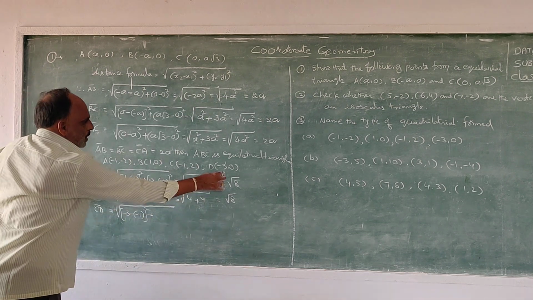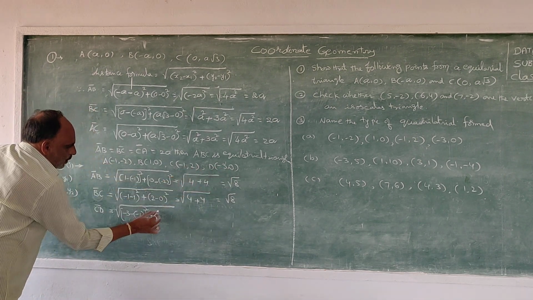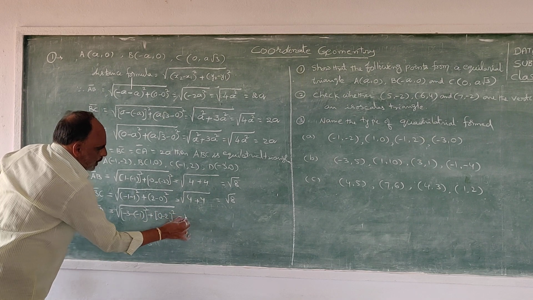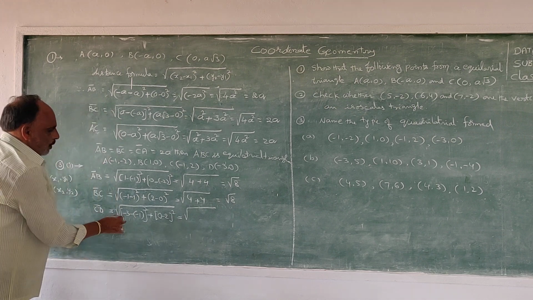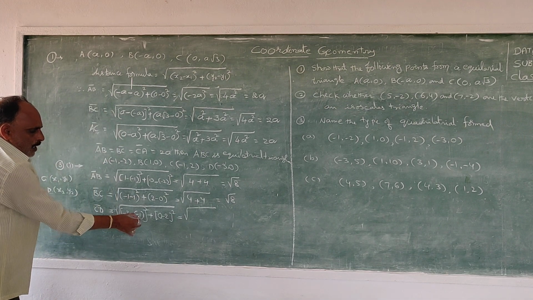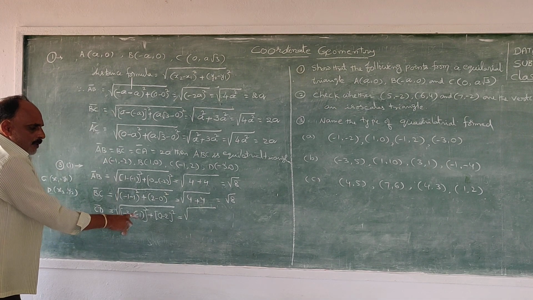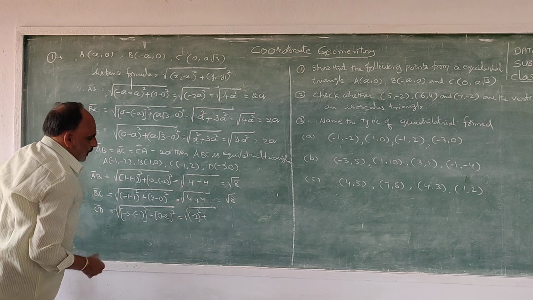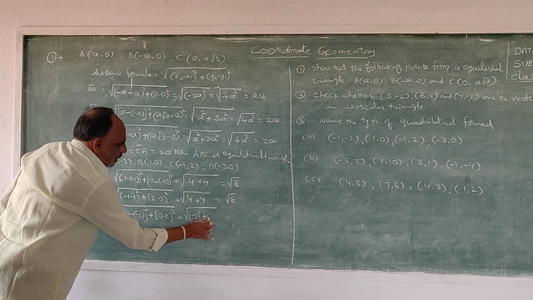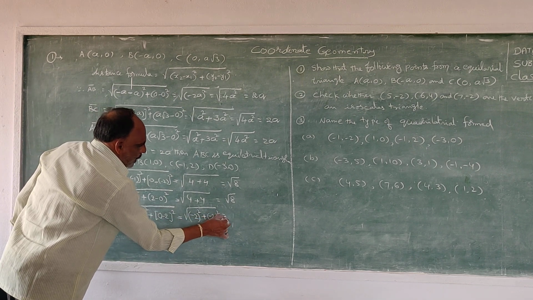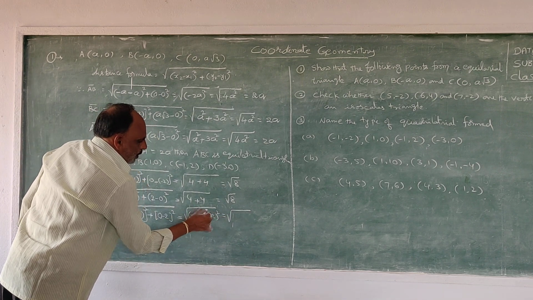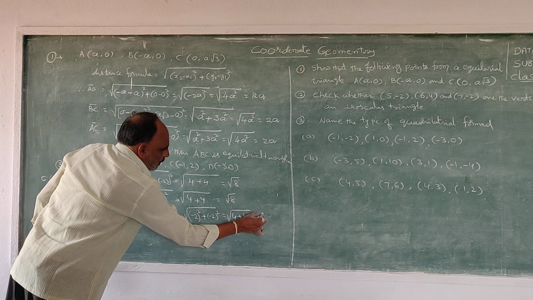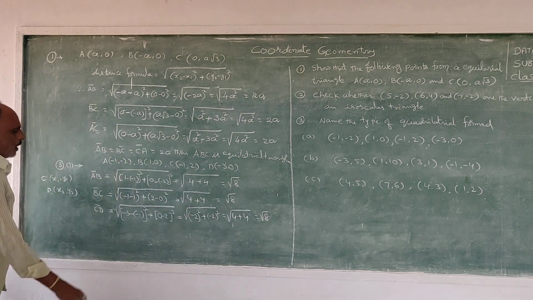y2 minus y1 whole square. y2 is 0, y1 is 2. So 0 minus 2 whole square. That is equal to the square root of minus 3 minus minus 1, so minus 3 plus 1 is equal to minus 2 square. 0 minus 2 whole square is equal to minus 2 square, 4. That is equal to the square root of minus 2 square 4 plus minus 2 square 4. That is equal to root 8. And last one,